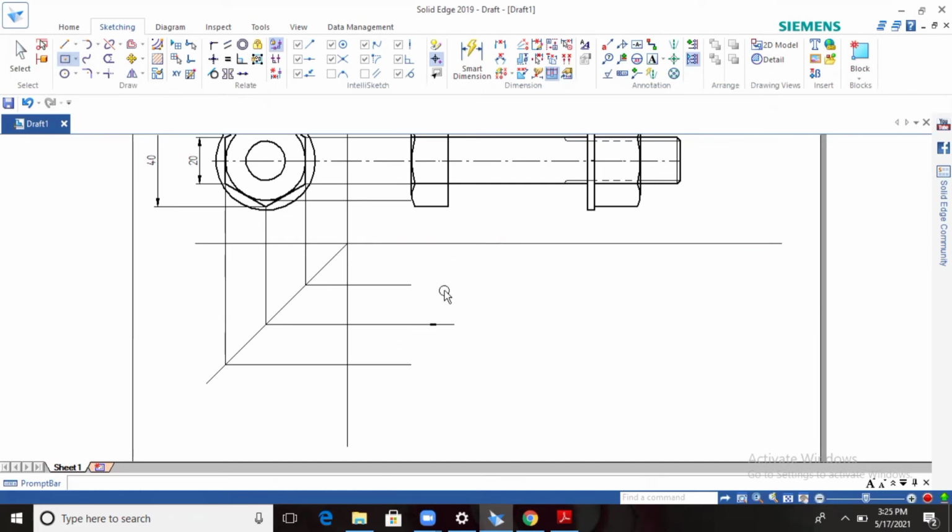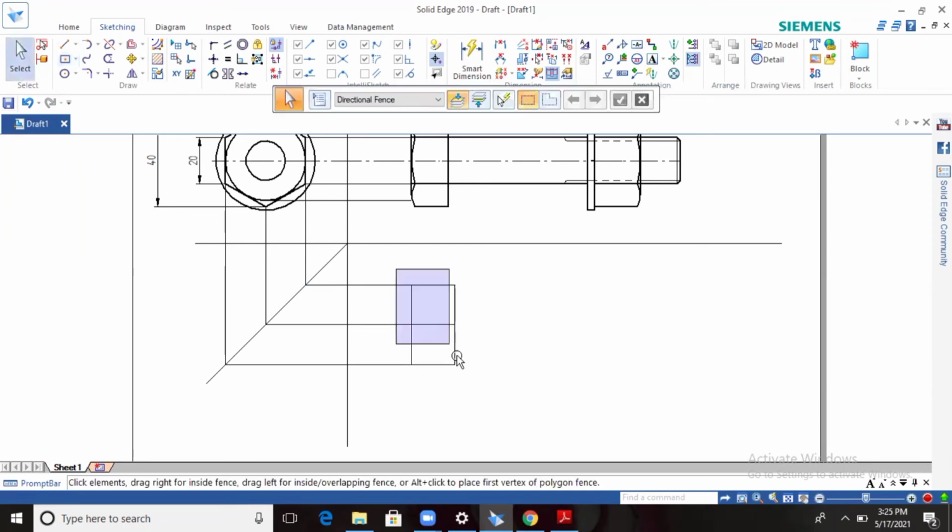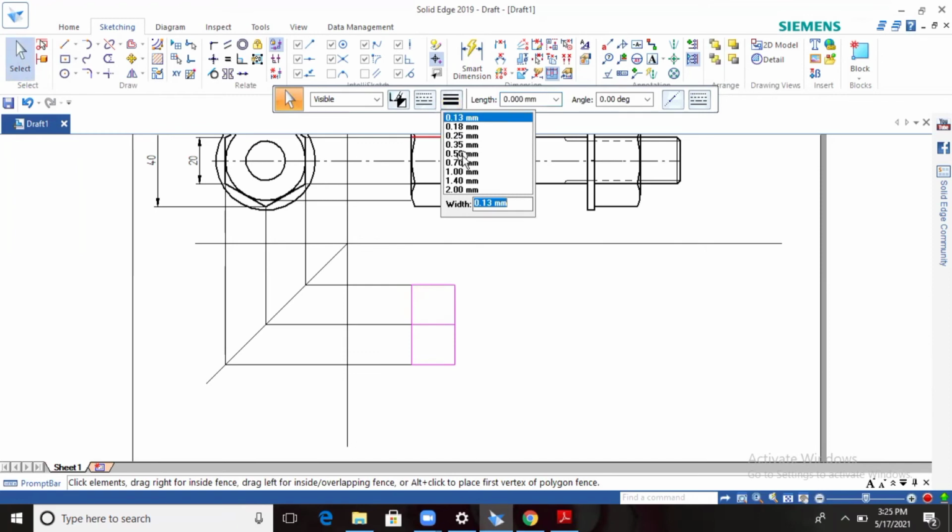See, from the center, you give how much the width is and how much the height is. Directly you can click it here. Okay, it's over. Take this one, make it 0.5. So this will be completed.